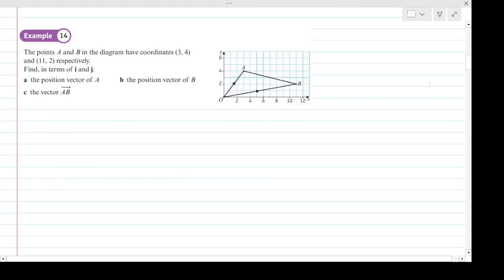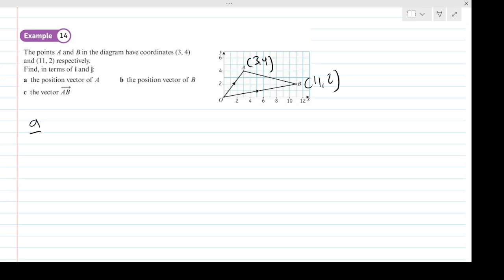So we have this first example, and I think this example really does show the idea of a position vector well. So let's have a look at it. We're told the points A and B in the diagram have coordinates: A is 3, 4, and B is 11, 2. Find in terms of i and j: